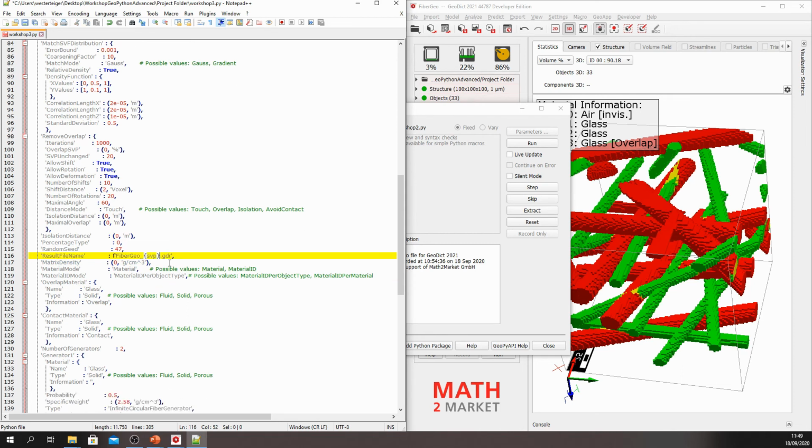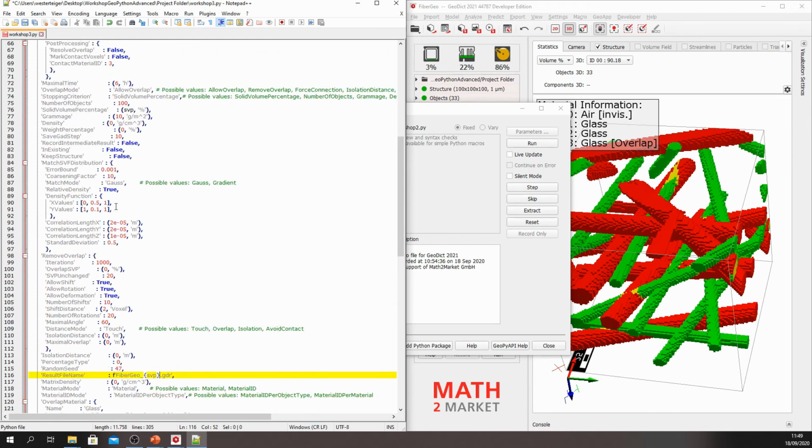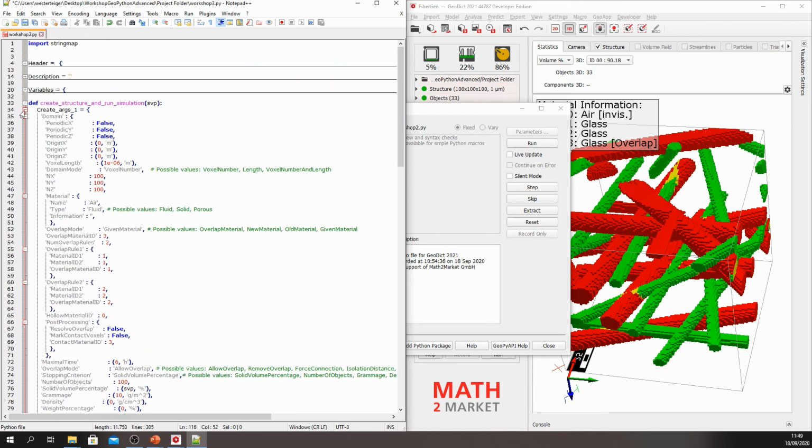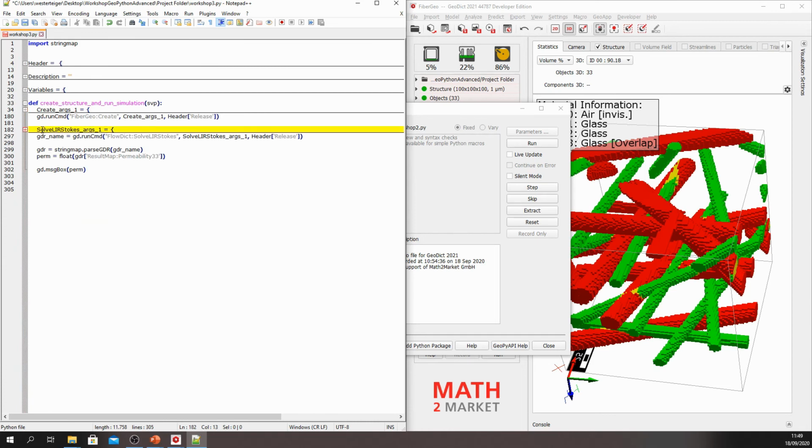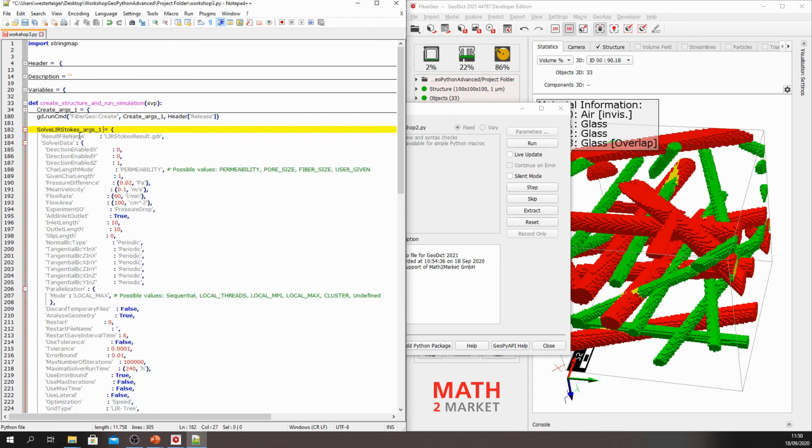And we're going to be doing the same thing with the flow simulation. So we can fold this block again, the create args1 block. And now we go to the solve Lier-Stokes args1 block, unfold it. And here we also have a result file name entry. And we do the same thing. We put a small F in front of it. And here we add underscore, curly opening bracket, SVP. So now whenever the function is run with an SVP of, say, 70 or something, it would generate the fiber structure with 70 in the file name, and the same for the flow result.